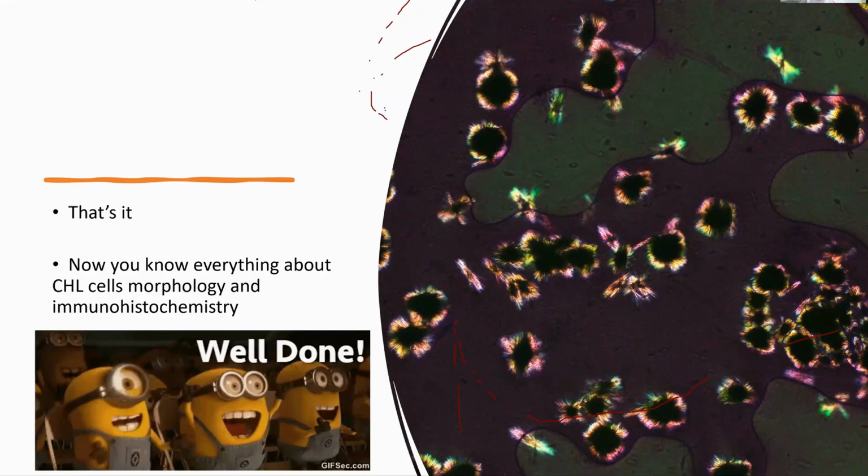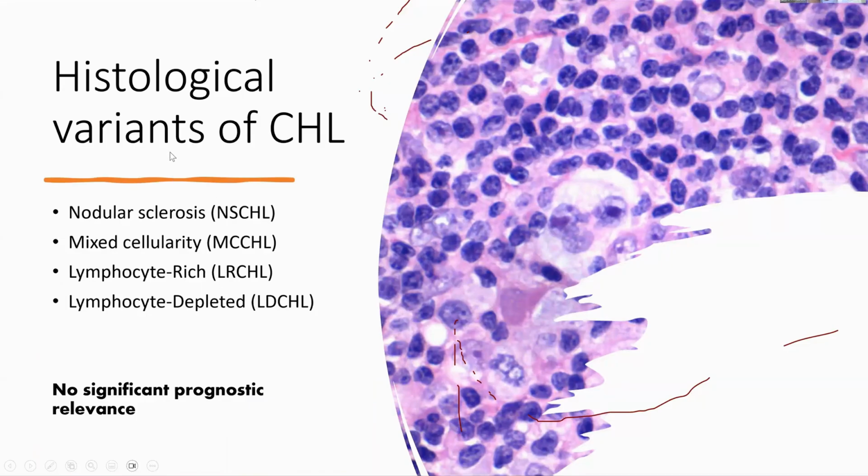So what are the histological variants of classic Hodgkin's lymphoma? There are 4 histological variants that we know. In the new WHO book, they mention that prognostically they are not significant anymore. They used to think that it had clinical significance, but now it's not significant as a prognostic relevancy. However, it's important to know these features because we need to maintain